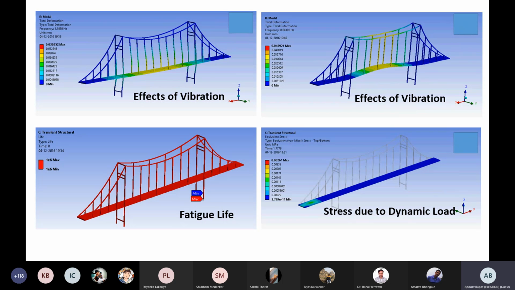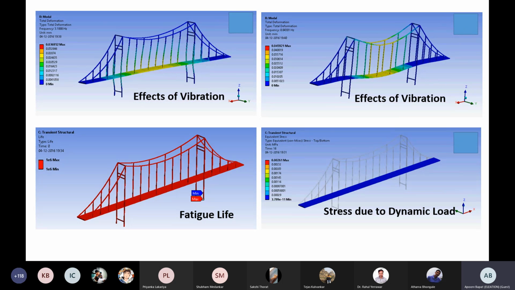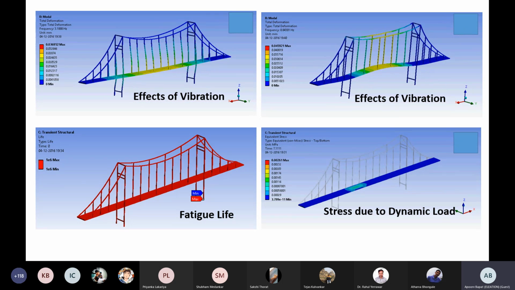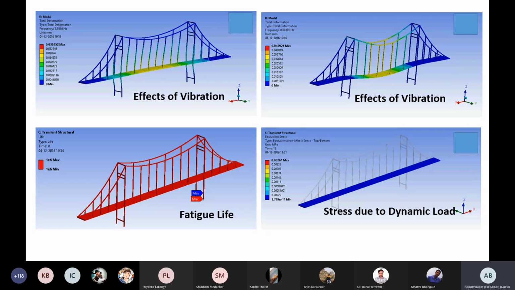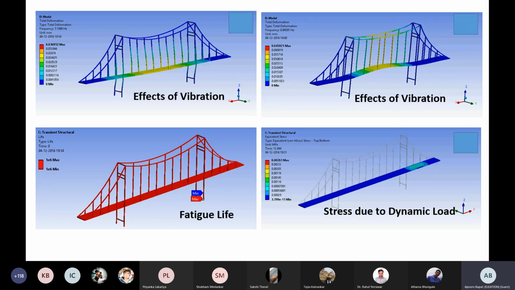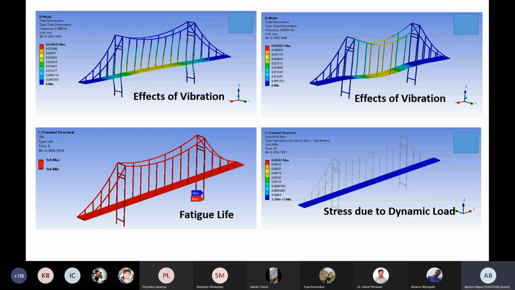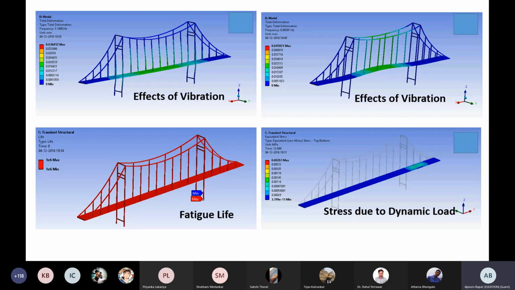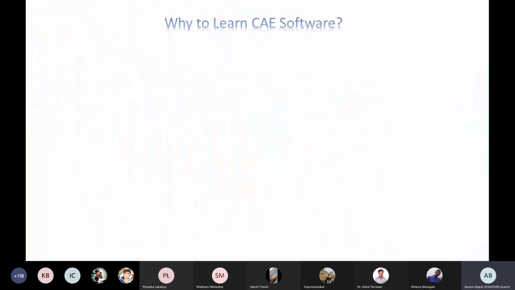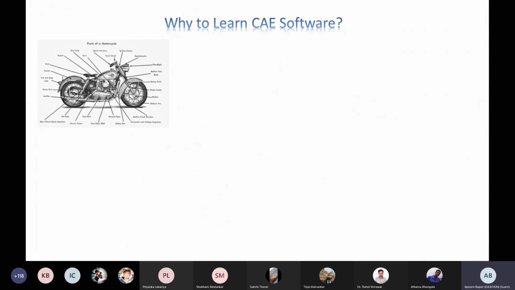So why have I shown you two different domains, like the video contains an automobile section and this contains civil engineering? Because CAE is used in every domain. Whatever is being manufactured, CAE is used in that domain.